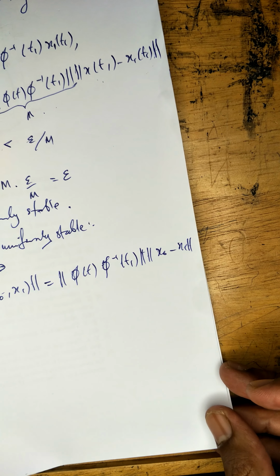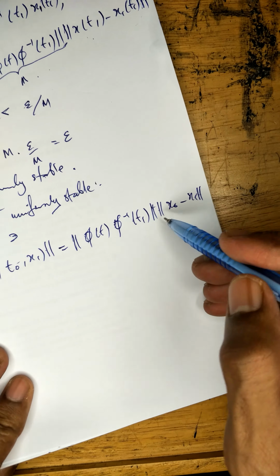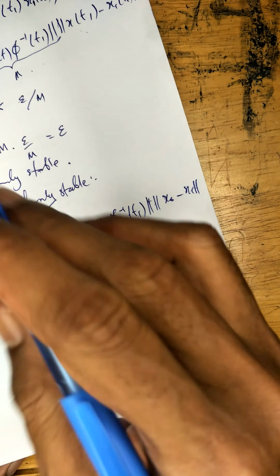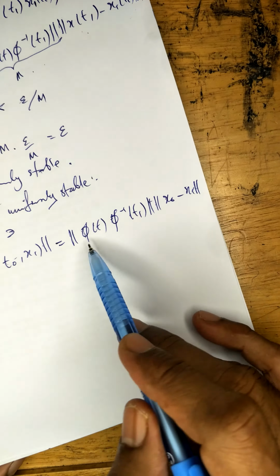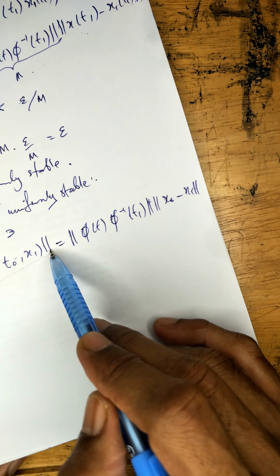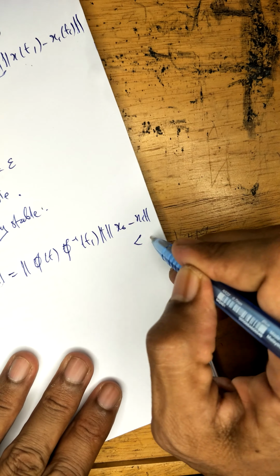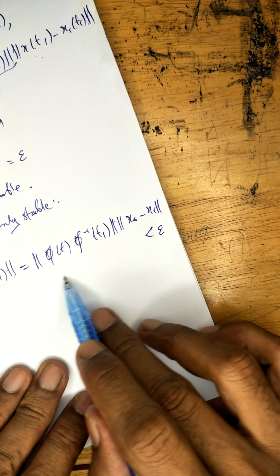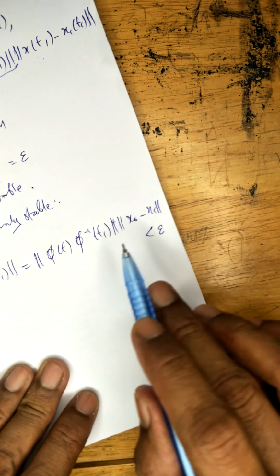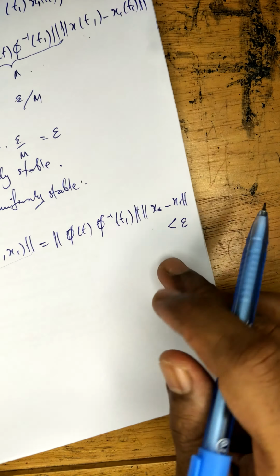Okay, now this is less than epsilon. We know this because of the uniform stability of the solution, this part must be less than epsilon. Which means all these things are less than epsilon. Remember that we need to find that. Okay, so we may choose, in this case,